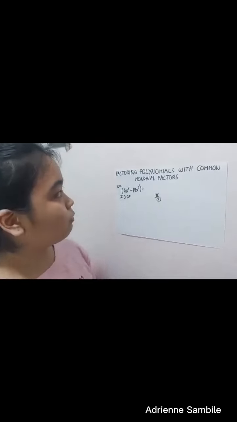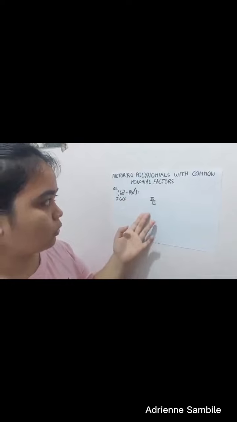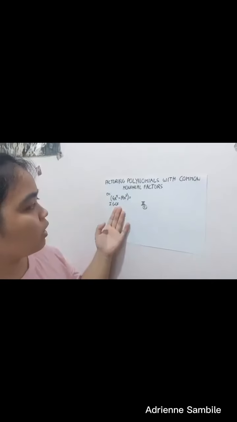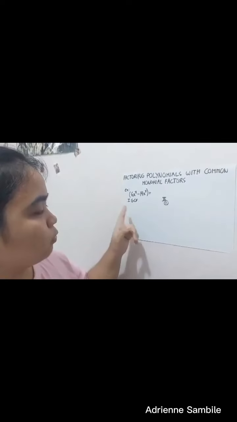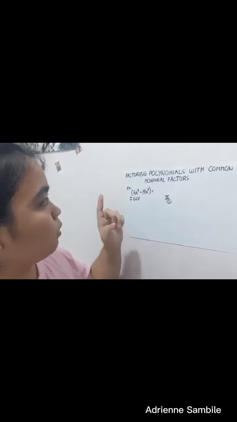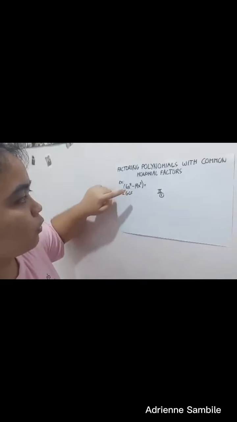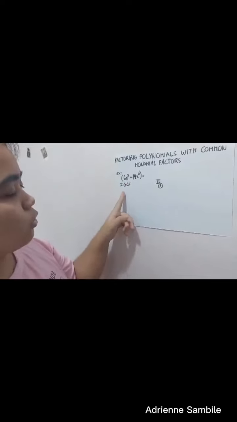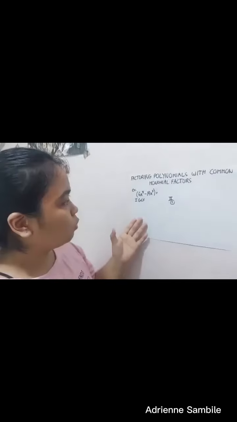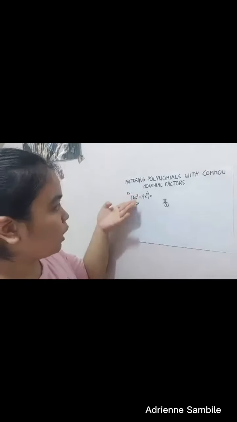Today we will be solving factoring polynomials with common monomial factors. So I have an example here to learn how to solve polynomial factors. So I have here 6x raised to 4 minus 14x squared. So in part 1, we need to find the GCF of the two of them. So we need to write down